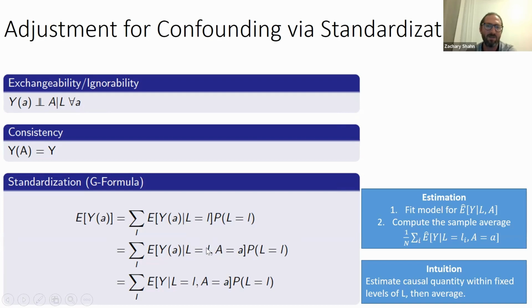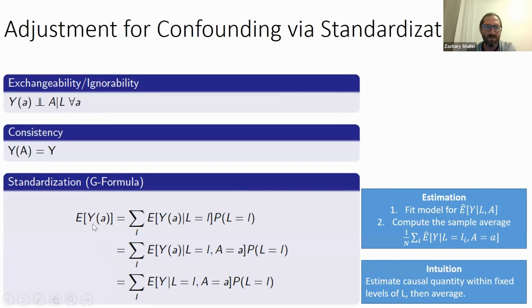So we can just throw that into our regression too, and it tells us nothing. We're allowed to do that. But then we do this trick: if your observed value was A, then the potential outcome, had you received A, well, that's just what your outcome was. So now we have this expression down here, which is like the standardization formula or the G formula, which says